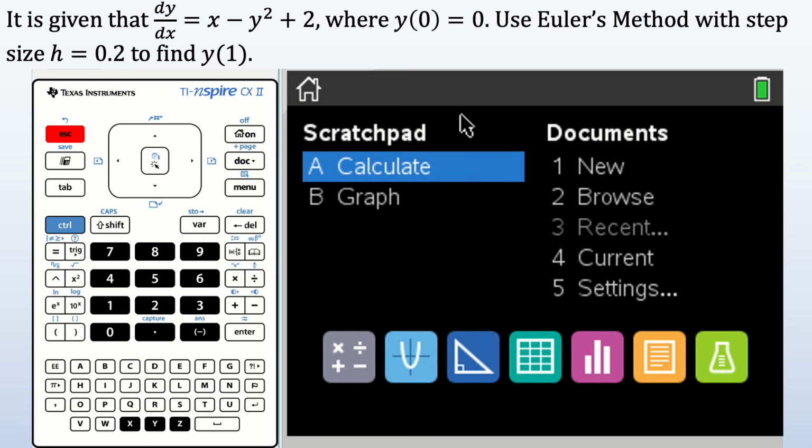Okay, hi. In this video, I'm going to demonstrate how to use your graphic calculator to use Euler's method. Here is an example. Given that dy/dx equals y minus x squared plus 2, where y(0) equals 0, that's the initial condition. When x equals 0, y is 0. Use Euler's method with step size h equals 0.2